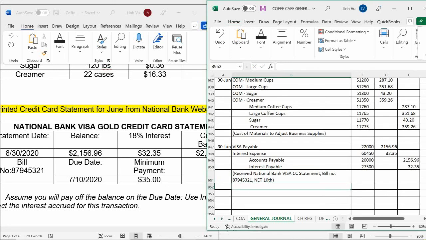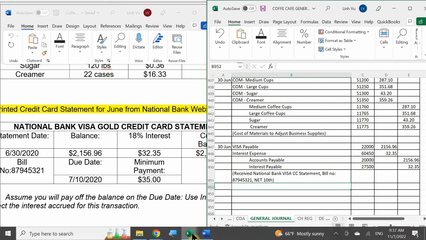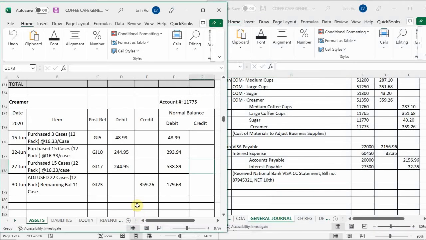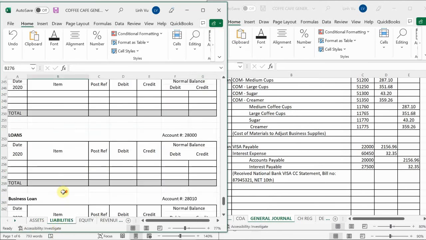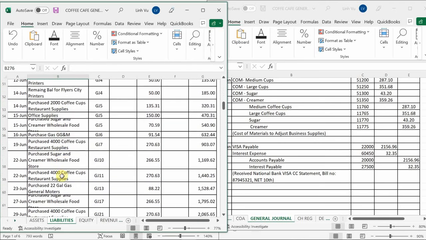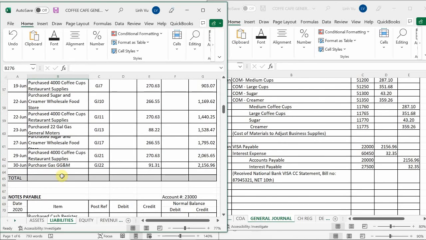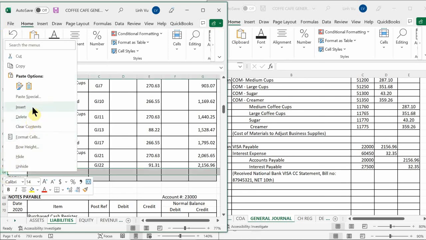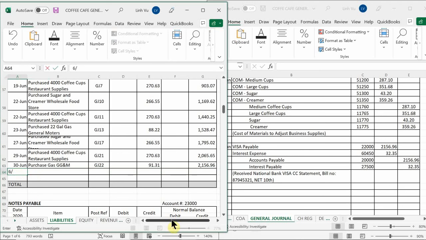So let's go ahead and plug these into my ledger here. Okay, so first things first, I am going to go to my liabilities here. First thing I'm going to do is clear out my credit card, for the 2000. So I'm going to insert one more row here. Okay, today is the 30th, right? Received bill,